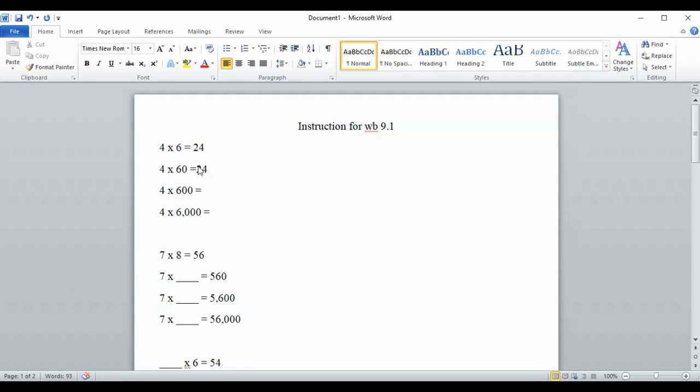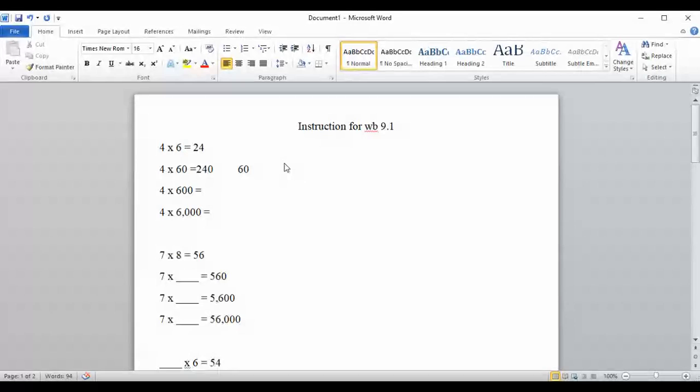So I'm going to add a 0 on there. And if you went over here and you added up 4 groups of 60, 60 plus 60 plus 60 plus 60, you would see,